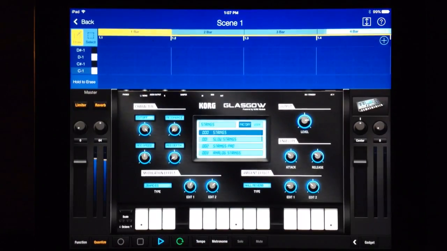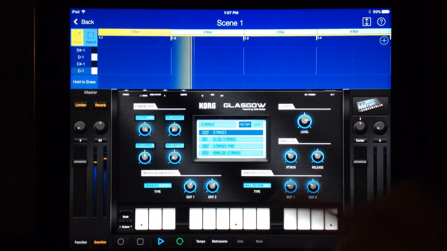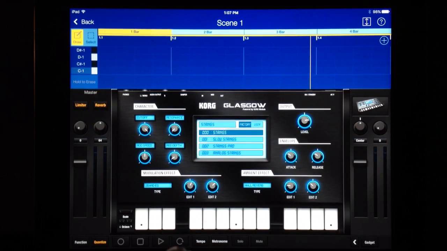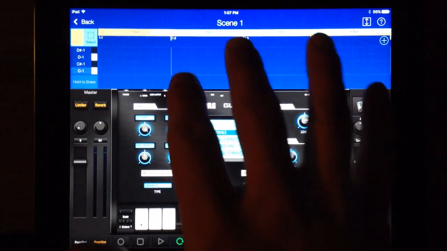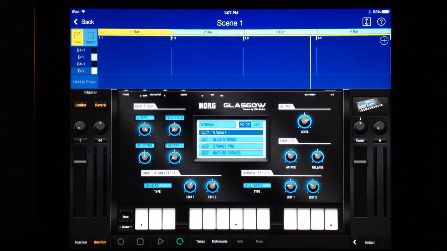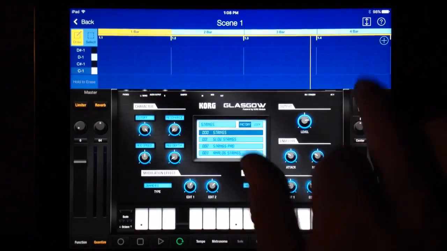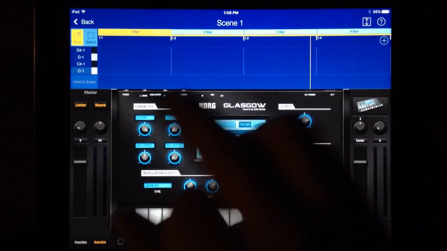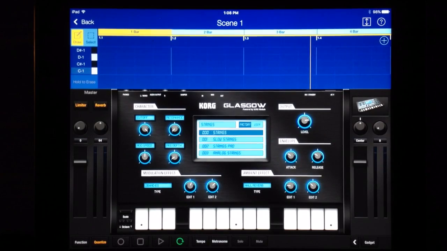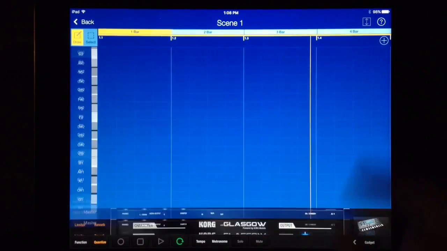So I'm gonna add a little strings in here. I'll actually stop the playing for a second. By the way, it will always go on loop when you're editing. It was throwing me off. I was trying to make a song and get it to play all the way through, but I kept nitpicking and editing during the song, and I was like, how come the looper keeps coming on? I don't understand. Well, that's what it is. As soon as you edit, the loop comes on just so that you can continue to work on whatever you're working on without it changing to the next part. It's really cool that it does that. So anyways,